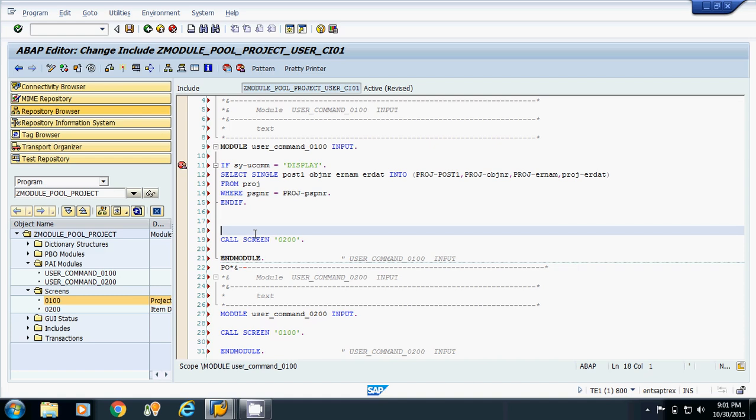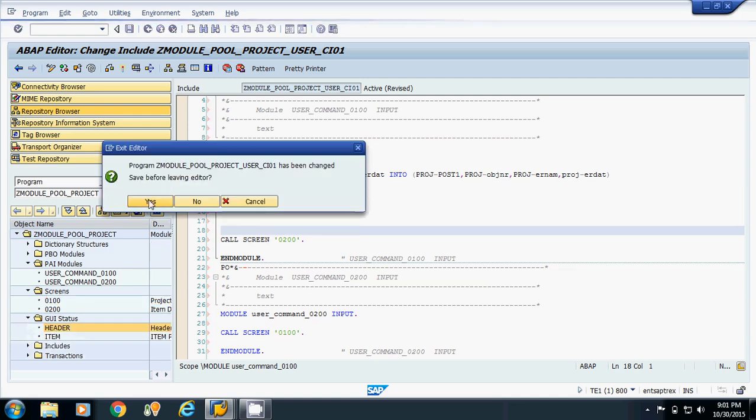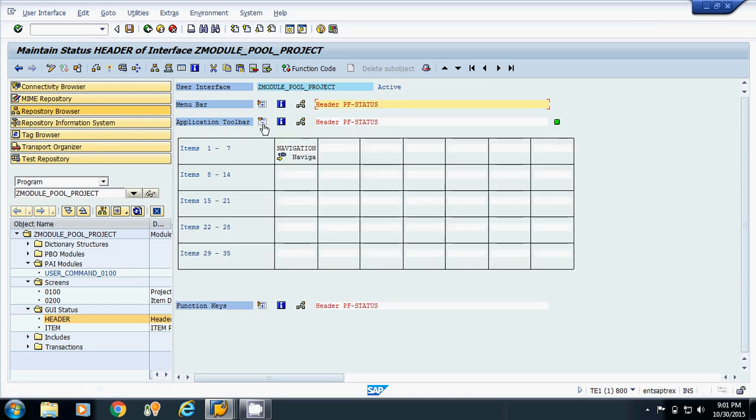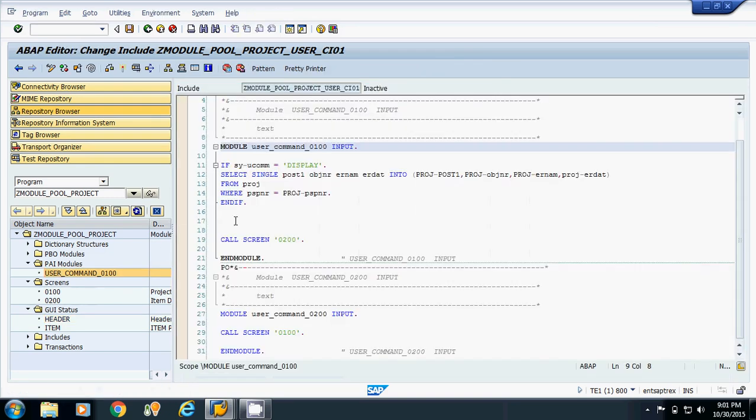Now we will also write this logic for sy-ucomm. Now what is the value of sy-ucomm for this 100 screen? If I check the GUI status, application navigation is the value. So I will write the logic here. If sy-ucomm is equal to navigation,